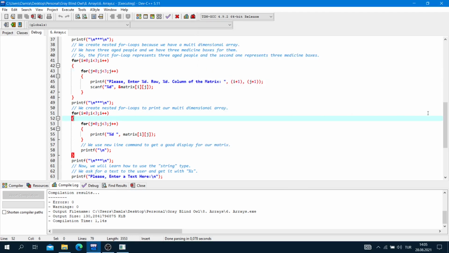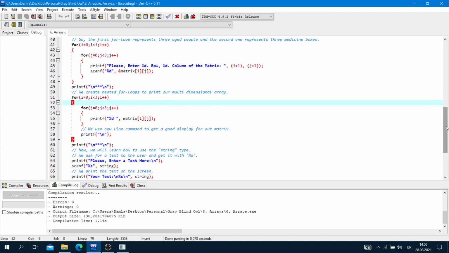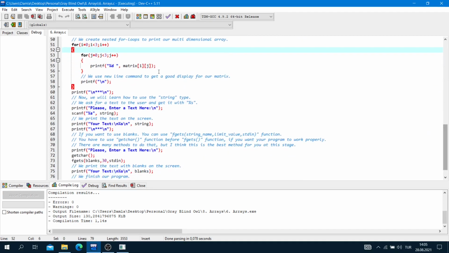Now we create nested for loops to print our multidimensional array. Here, for i = 0, i < 3, i++. For j = 0, j < 3, j++. printf("%d ", matrix[i][j]);